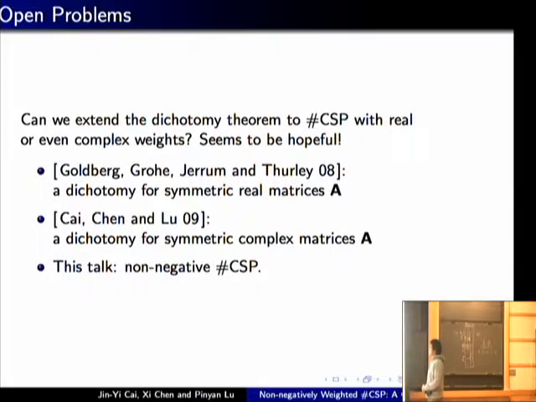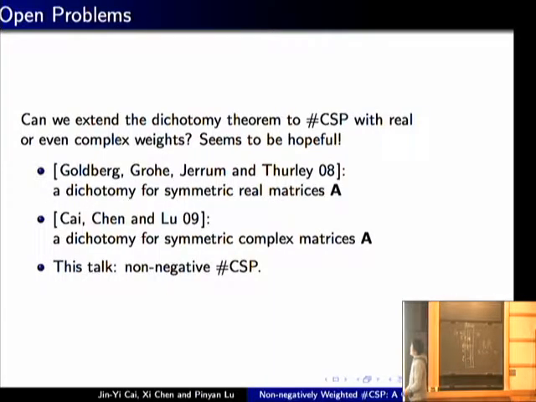So, open problems. The first problem that I think is very fascinating is to get a dichotomy for counting CSP with more general entries, with real or even complex numbers. And the interesting settings are, for example, constraint functions with +1, -1, or roots of unity. The reason this is interesting is that we are going to find a lot more tractable cases, because